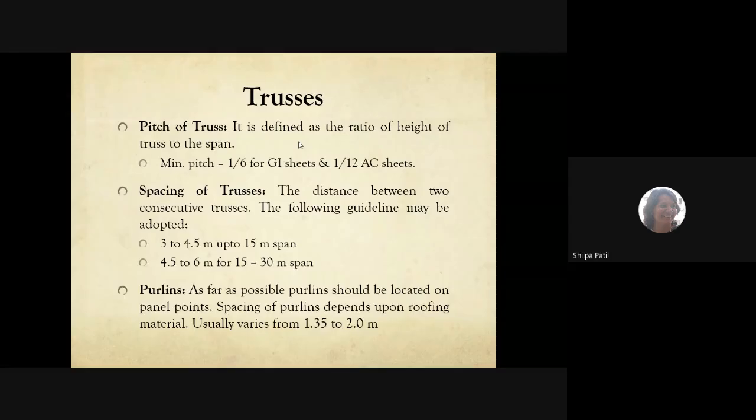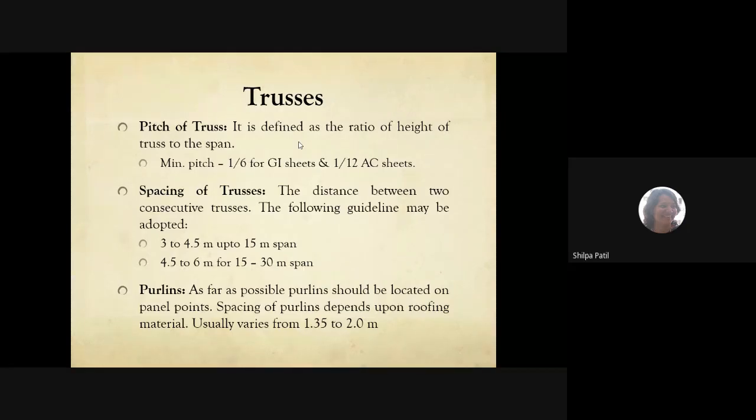Now the roofing sheet is made by using different materials. Roofing sheet may be made by using steel, or concrete, or asbestos sheet. So depending upon the change in the material, the behavior of that sheet changes. See, if we are using asbestos sheets, these are called AC sheets. As the material is not ductile, if the support to this sheet is provided at a larger span, the deflection of the sheet may cause cracking of the sheet.